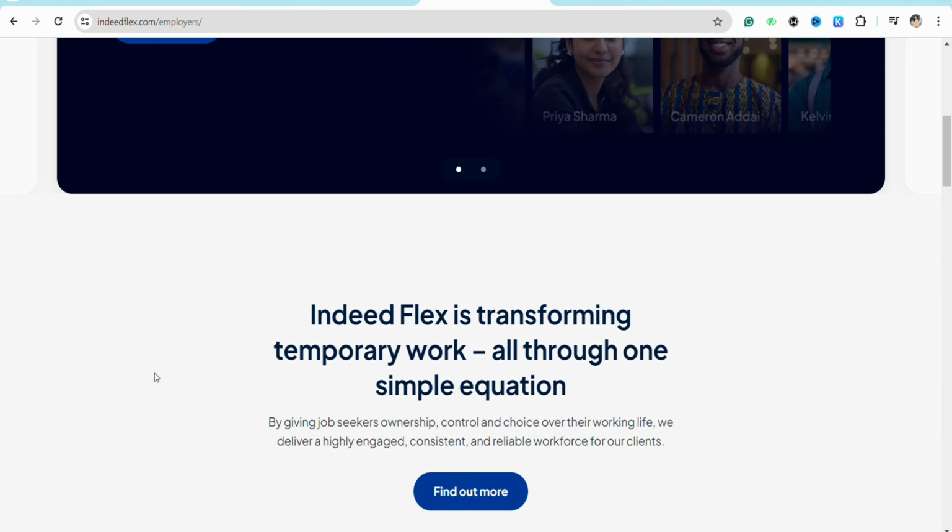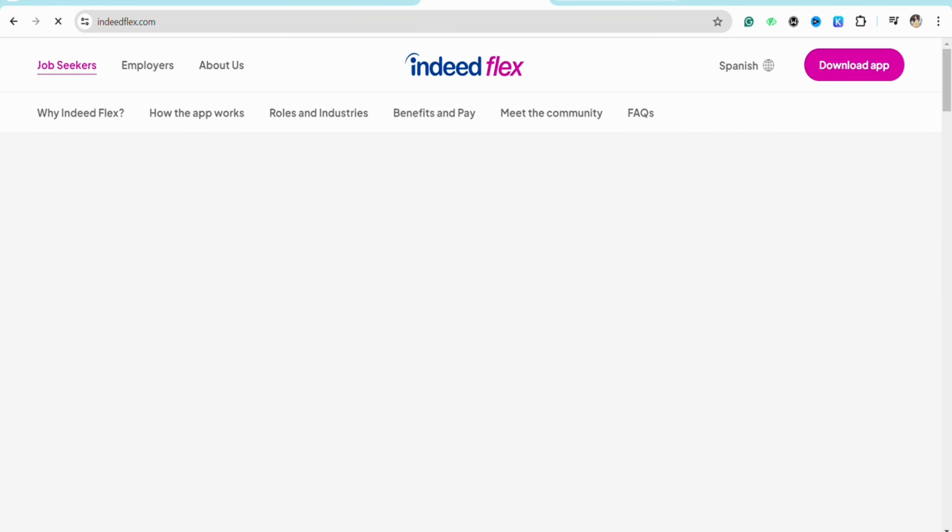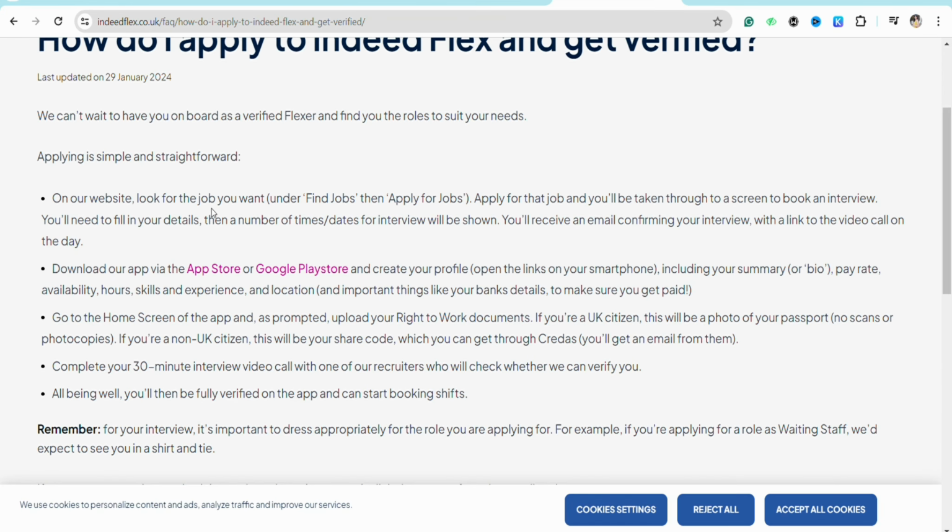as a job seeker or employee, all you have to do is just simply go to the website and look for the job that you would want to apply for, and after that just apply for that particular job, and you will be taken through a screen to book an interview, and you will need to provide and fill in your details, and after that the number of dates and times for the interview will be shown for you. You will receive an email confirming your interview with the link of the video call on that day, and just